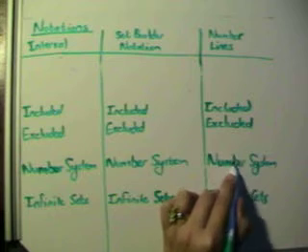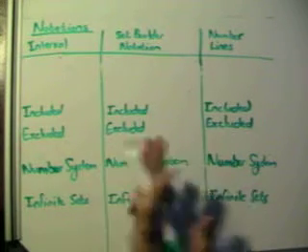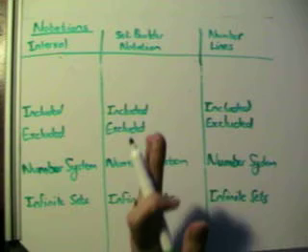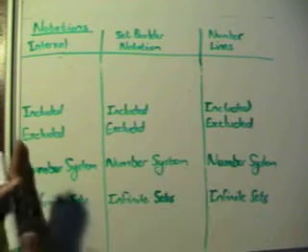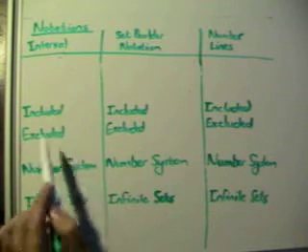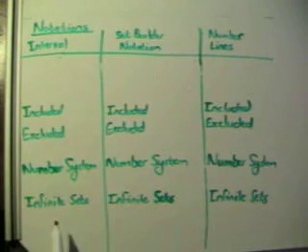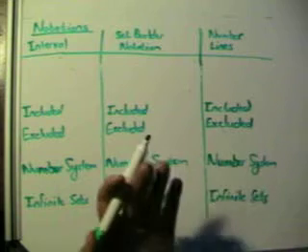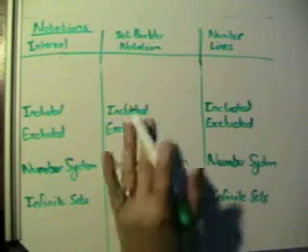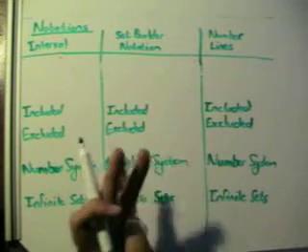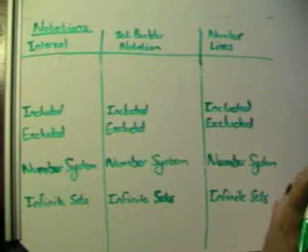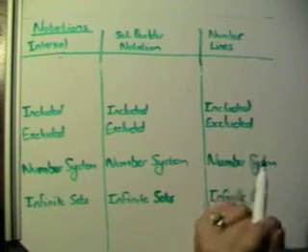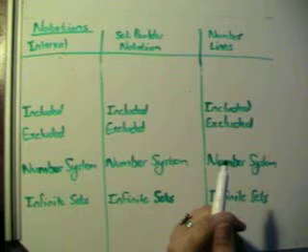So if I have, say for instance, numbers between 3 and 10, then I will see whether the 3 is included, and whether the 10 is included or excluded. Say I have numbers smaller than 3, then I still have to see whether the 3 is included or excluded, but then smaller than 3 will include an infinite set to negative infinity. If I have numbers bigger than 3, I must still consider whether the 3 is included or excluded in the set, but then I also have an infinite set that goes to infinity, because anything bigger than 3 stretches to infinity. Alright, so those are the things I need to consider,